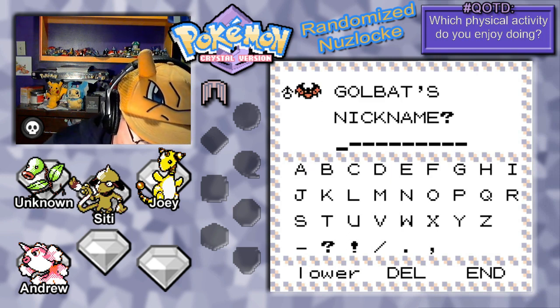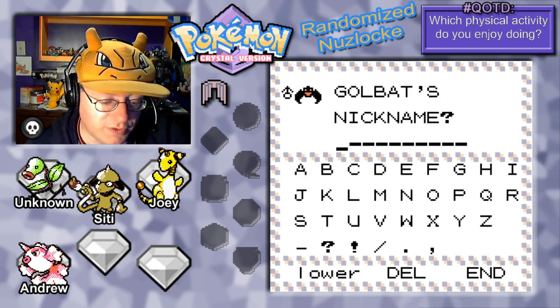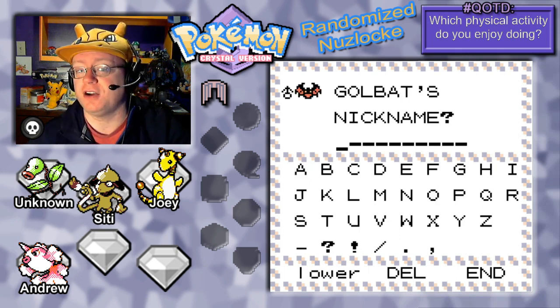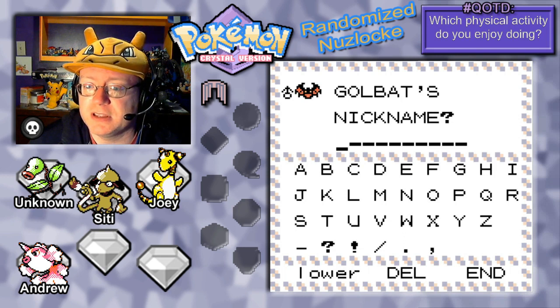Isaac Wolf the Fire Striker had left a comment on the last video about your favorite legendary Pokemon. Isaac Wolf's favorite legendary Pokemon are Lugia and Ho-Oh. So kind of cool. We're doing a Gen 2 game right now for you. So we're gonna go with...